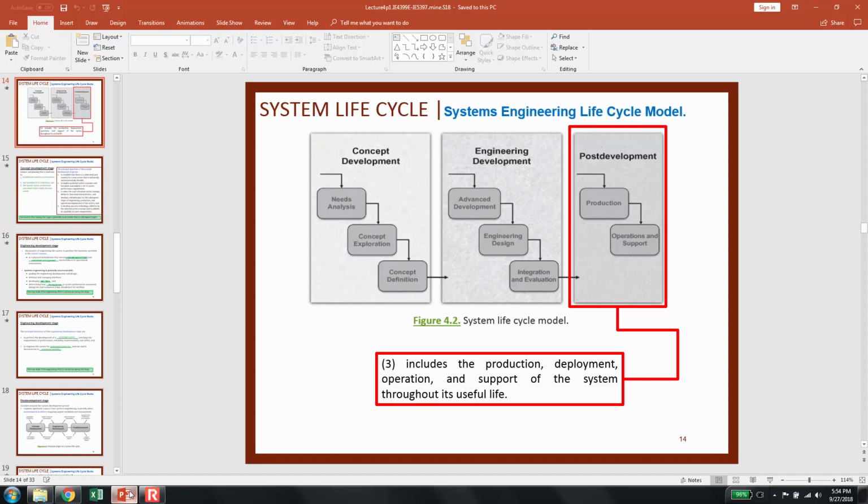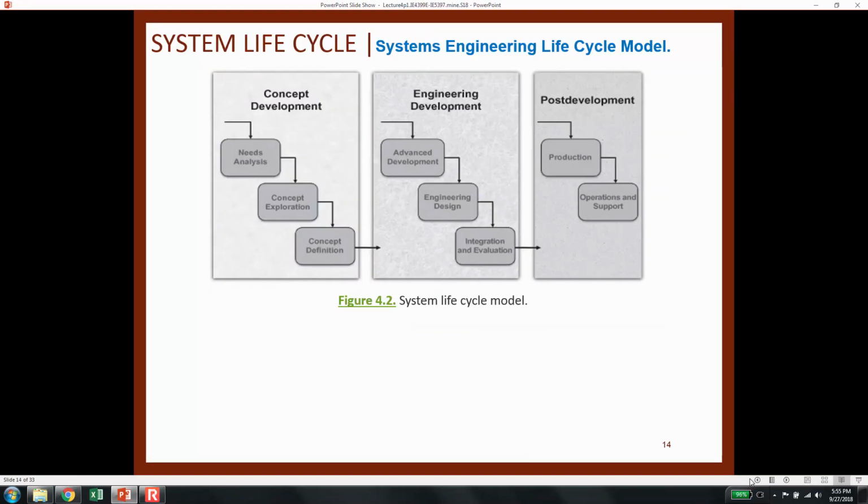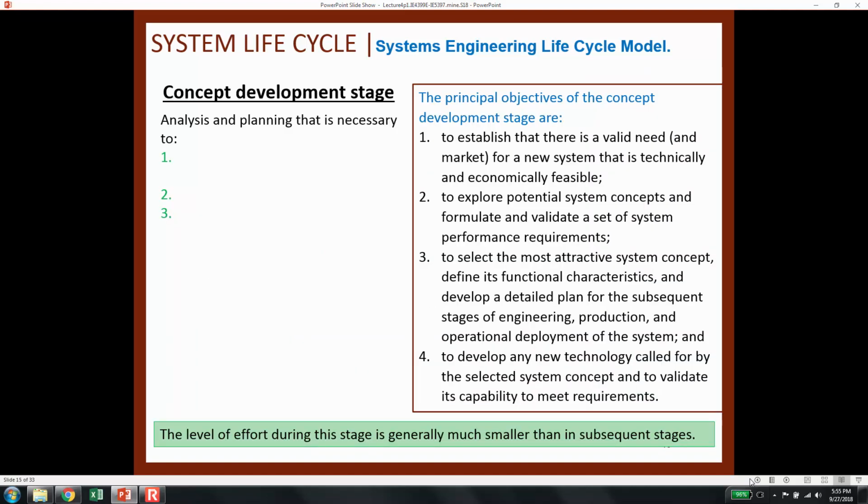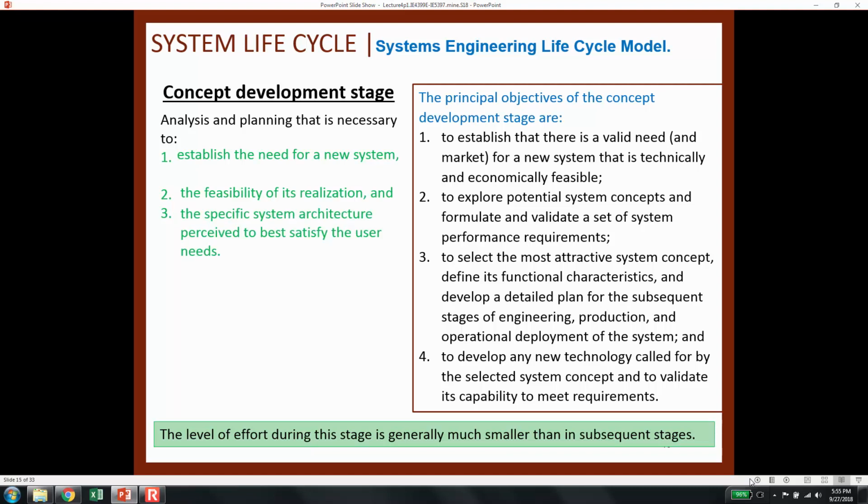So this is a continuation of our discussion on the systems engineering lifecycle model, and as we discussed in the previous video, there are three major stages which are shown in this slide. The three major stages are the concept development, the engineering development, and the post-development. In the last video we went through the discussion of what is expected in each one of these three